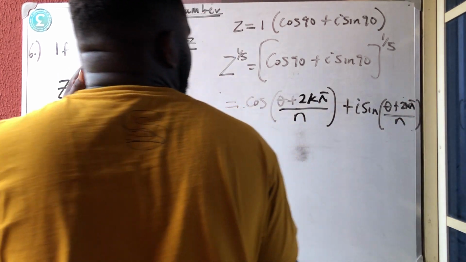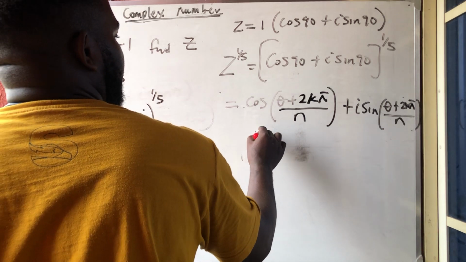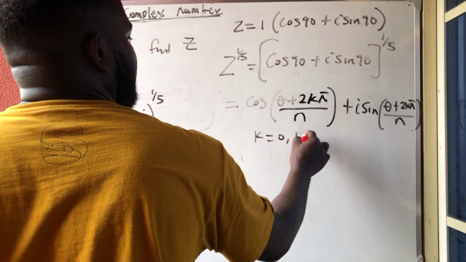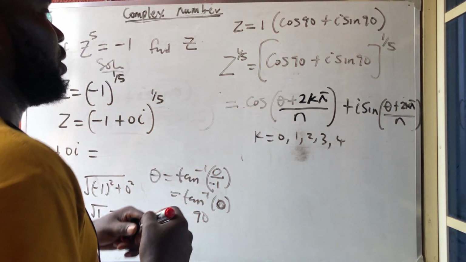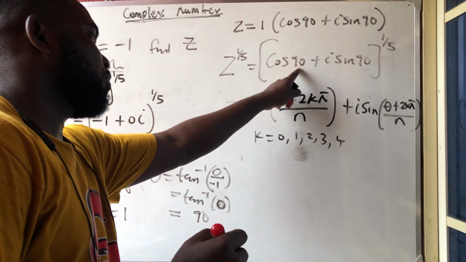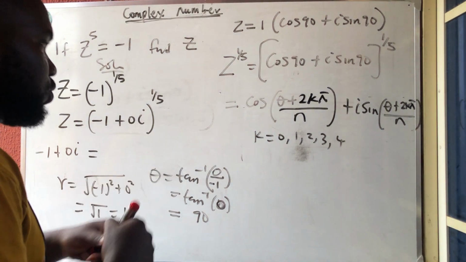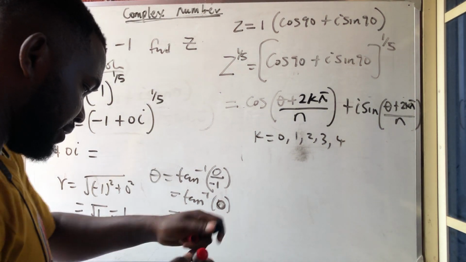Okay, where k is equal to 0, 1, 2, 3 and 4. So you can now substitute. Your theta is 90, so substitute and tell me what the final answer is at the comment